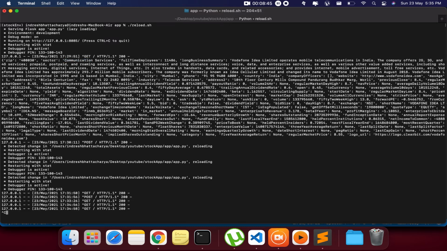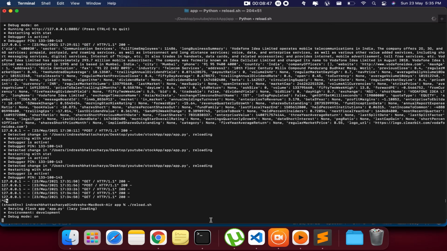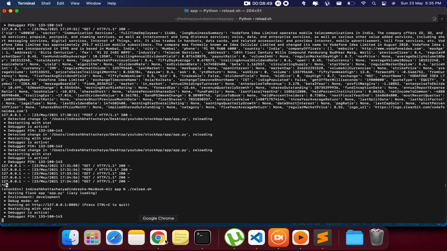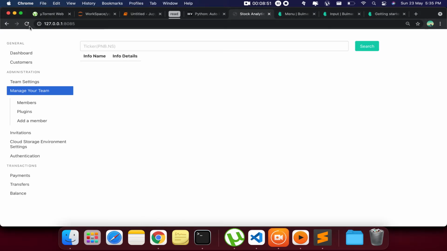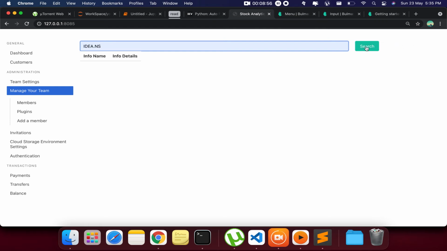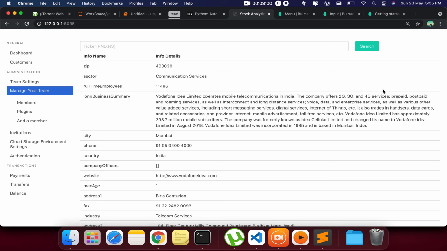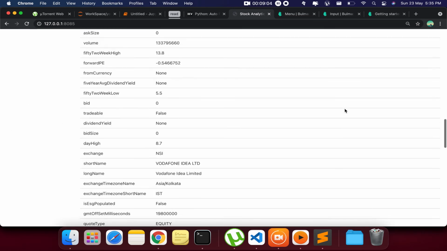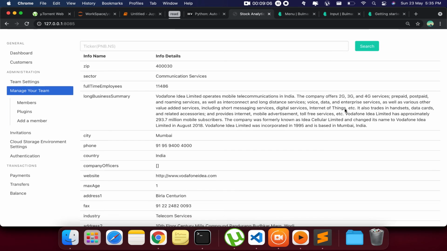Let me restart the server again. Right now if I restart, I didn't search for something. So if I search for idea ns right now, this will show. As you can see, now everything is shown here in a table format, right?